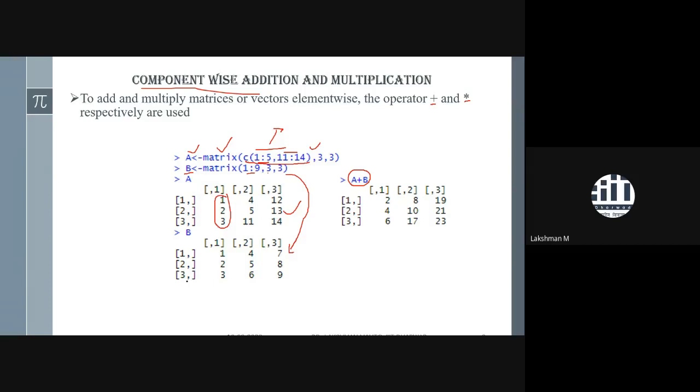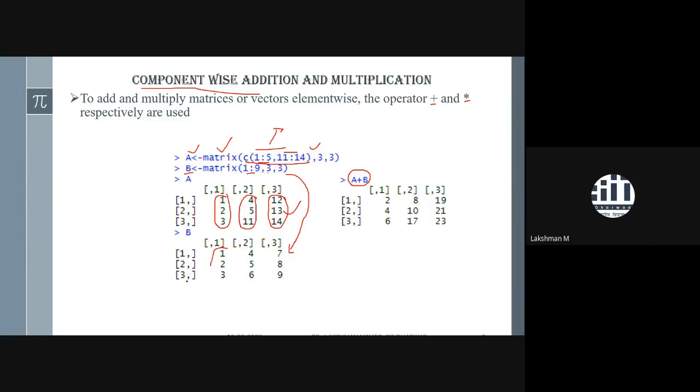So 1 2 3, it is exhausted. First row is finished, because it is already dependent. It must have 0. Then the second column will come, so entry is happening this way. First column will come, then second column, then third column, like this. So it is by default mentioned. If you want to change to row wise, then you have to bring a logical operator, by row equal to true. So that will give row-wise entries, which I had already explained.